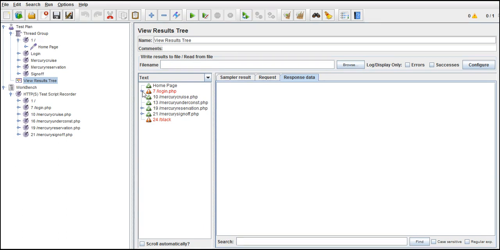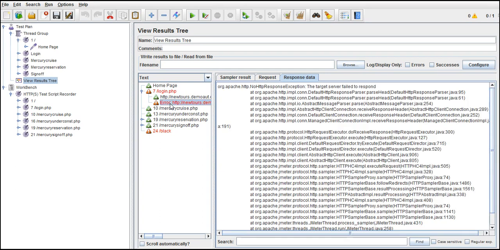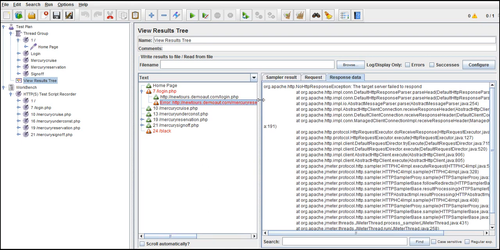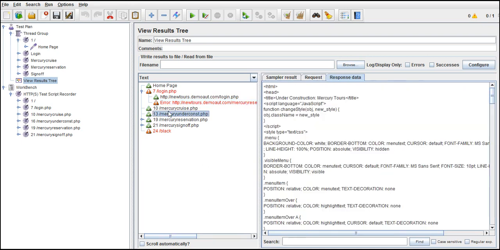Okay, so error, we got something here. The target server failed to respond. Response data, what it returned for us.